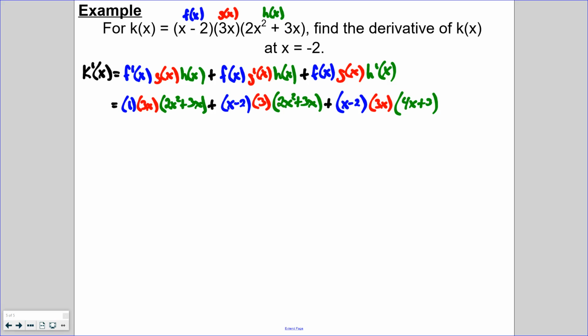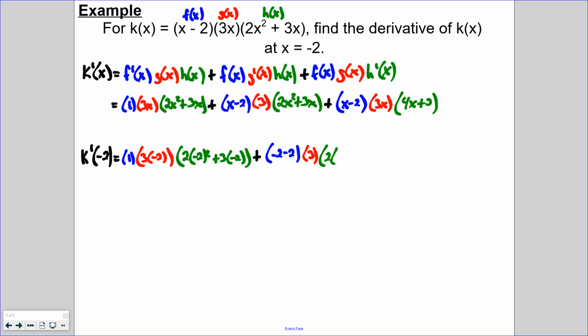All right, so there we have it. There's our derivative. But again, we're trying to find the derivative when x equals negative 2. So now we just need to plug negative 2 into our derivative. We're looking for k prime of negative 2. If we write this all out, we get 1 times 3 times negative 2, times 2 times negative 2 squared plus 3 times negative 2, plus negative 2 minus 2 times 3 times 2 times negative 2 squared plus 3 times negative 2,